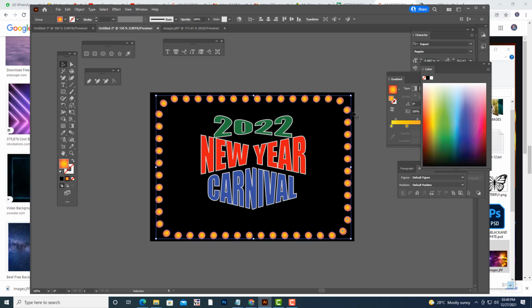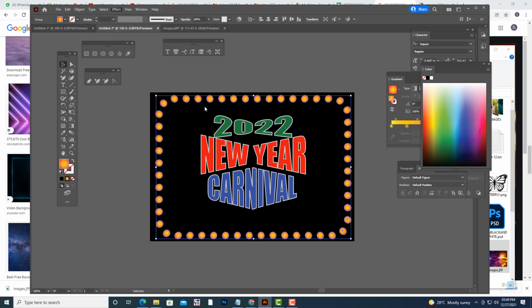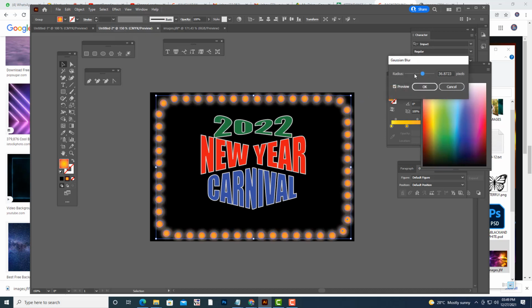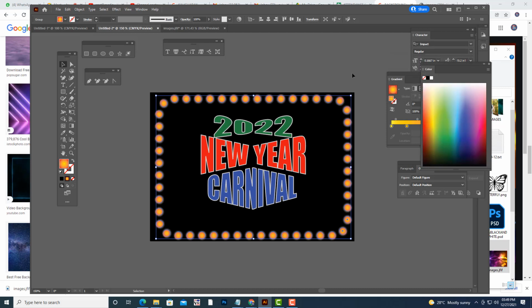Then we can give some blur to this, as if it is some lighting. We can apply a Gaussian blur, and we got some blur.